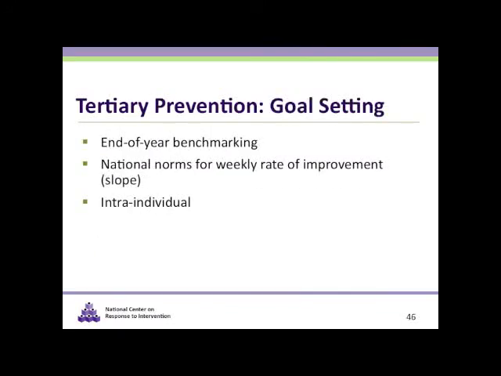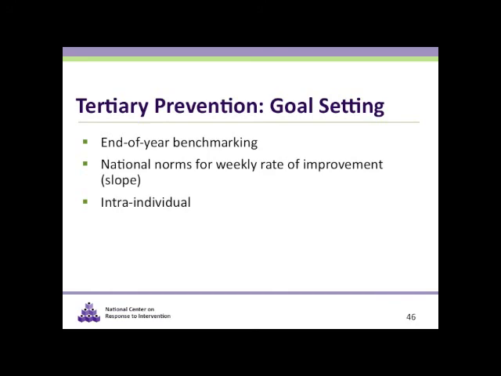In the progress monitoring module and in the secondary prevention section of this module training, we discussed two approaches to goal setting that are also appropriate for tertiary prevention. The first option is the end-of-year benchmark, and the second option is using national or local norms of improvement. A third option that can be used when local and national norms are not useful or appropriate is the intra-individual. To use this option, identify the weekly rate of improvement for the target student under baseline conditions using at least